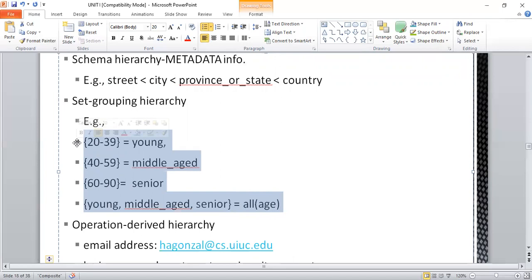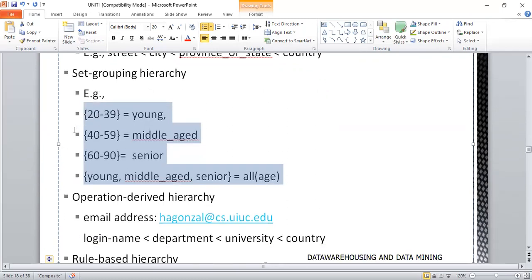Okay, so that kind of analysis I can perform. This kind of scenario is called set grouping hierarchy. Okay, next one is operation derived hierarchy. So operation derived hierarchy is basically based on operations specified by users or experts or your data mining